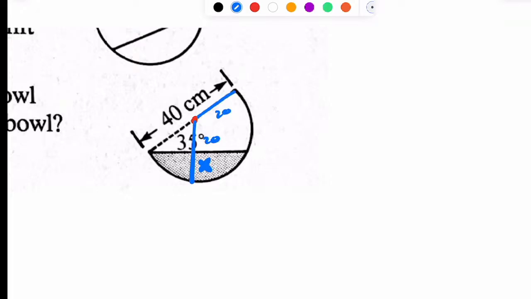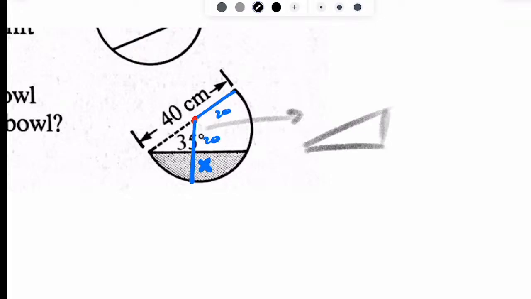So it's the exact same trick that we did for the swing and for the Ferris wheel when you're below the middle of it, when you're below your main diameter. You know the length from here to here is 20. So if I can find the length from here to here, I can subtract it, and I can get my answer here. So I'm going to draw my little triangle,